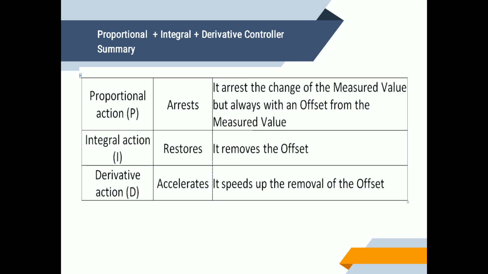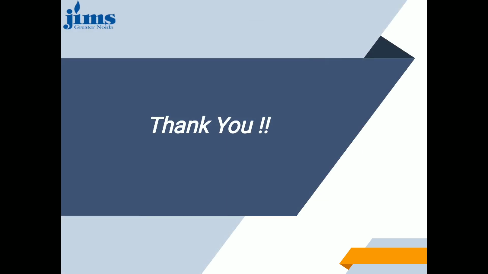So in this case, the proportional part of the control action repeats the change of error in a straight line. The derivative part of the control action adds an increment of output, so the proportional plus derivative action is shifted ahead. The integral part adds a further increment of output proportional to the area under the deviation. The combination of proportional, integral and derivative action may be made in sequence. So thank you for today.